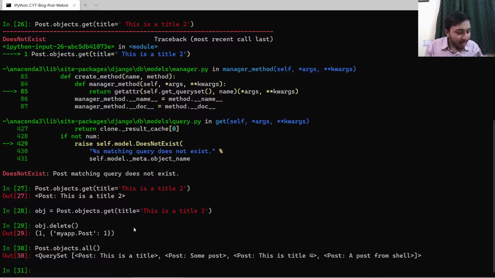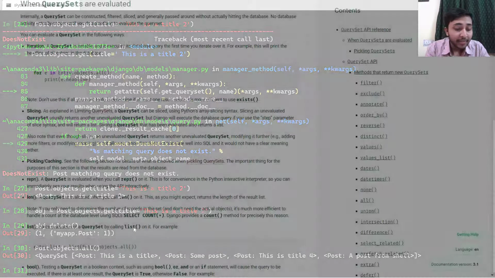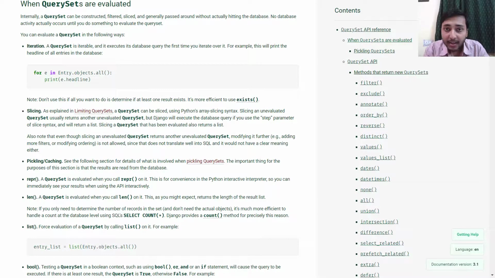Now I have written some notes that have all the points for when query sets are evaluated. Query sets are evaluated when you iterate over them. Then it will be executed when you slice them.